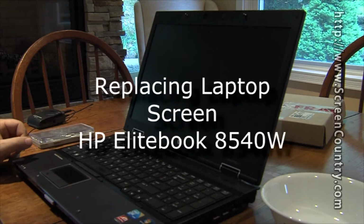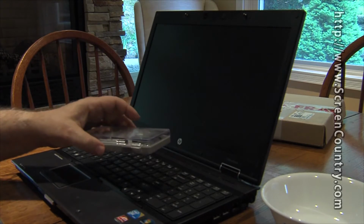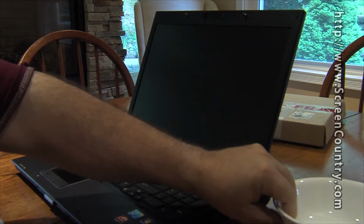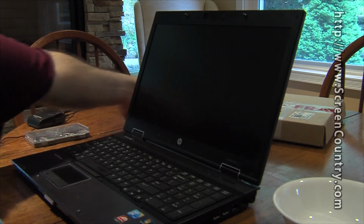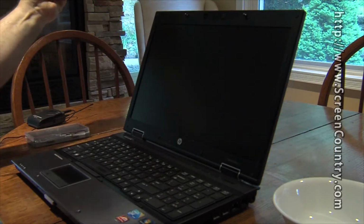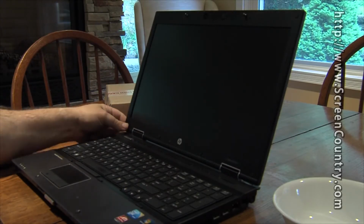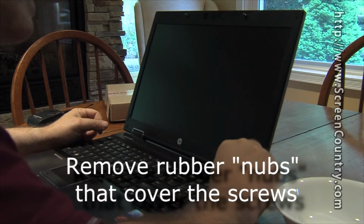I'm going to replace the screen in my HP EliteBook 8540W. And I brought with me a small set of screwdrivers, a little white bowl to put everything in so that I don't lose it on the floor here, so it doesn't go rolling on the floor, the screen, and I've got to remove these rubber nubs to get at the screws that allow me to take this frame off. So I'm going to start by prying these out,